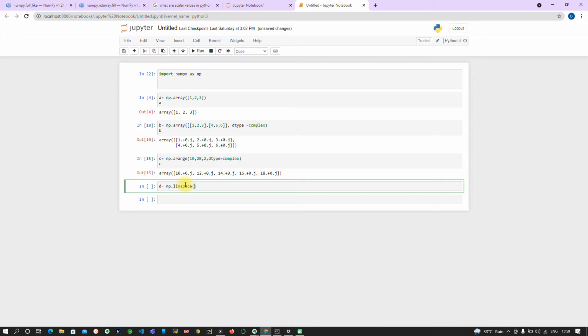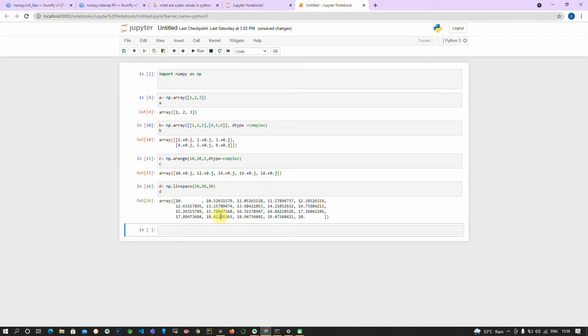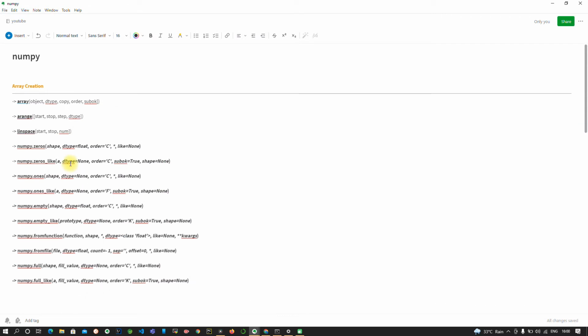I will use the same 10 and 20, and let's say I want 20 numbers between these two intervals. As you can see, it has created 10, 10.5, 11, and so on up to 20. So this is the difference between arange and linspace. In arange you provide a step, but you cannot control how many numbers you get. In linspace you can totally control how many numbers you want between the two intervals.